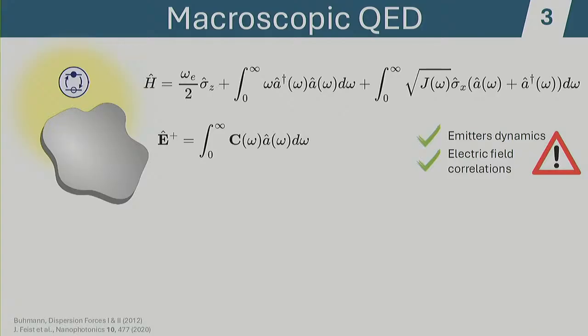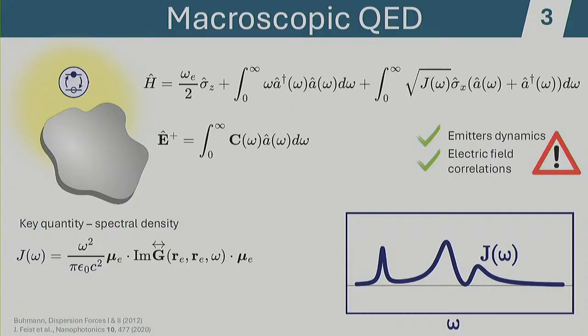So we need to find some other way to get our observables. For this, let me take a look at the third term, which is the interaction, and the coupling can be expressed in terms of the so-called spectral density. This is a quantity from classical electromagnetism, and can be computed using standard classical electromagnetic solvers like COMSOL or whatever. And usually it tells us information about modes supported by our